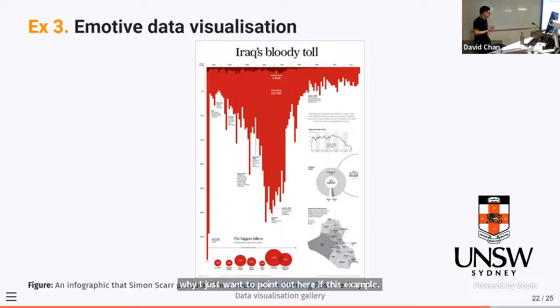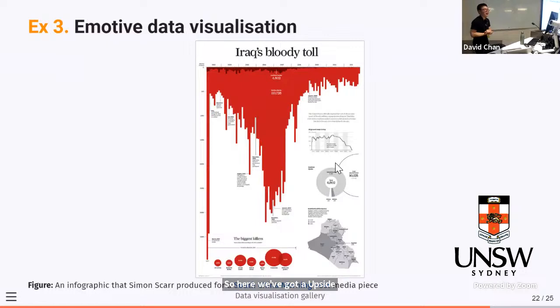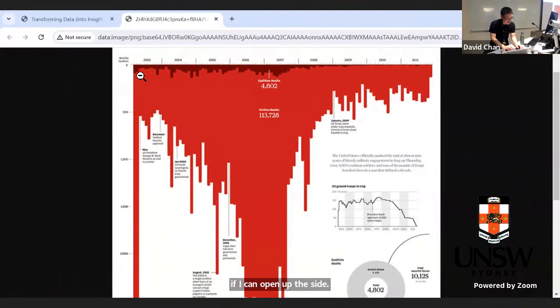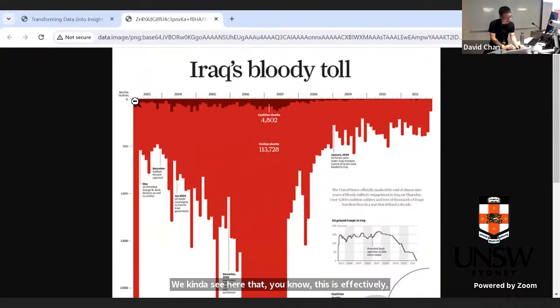Our third example here is that, following the data journalism perspective, you can invoke a message with your plot. So here we've got an upside down histogram. And we probably know already just from the title of this particular plot that they probably deliberately chose the color red, right? And this plot's really big, so I'm going to see if I can open it up on the side. And we see here that this is effectively a histogram with some really weird choices,